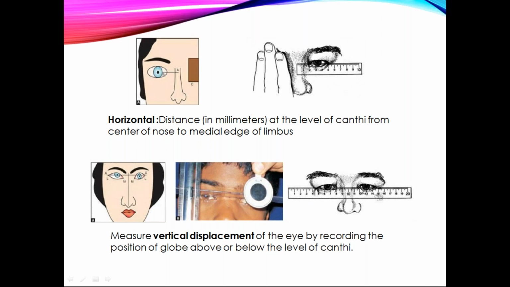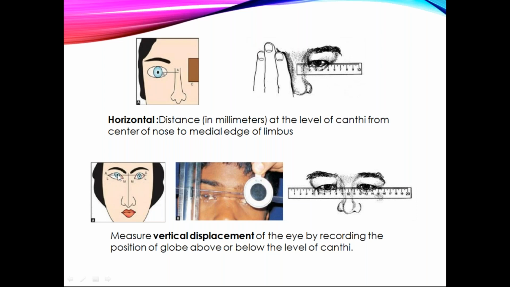You do it for the right side and you do it for the left side. Then the vertical displacement. You measure the vertical displacement of the eye by recording the position of the globe above and below the medial canthi. So this is the medial canthi, and you make a note how much above or below the globe has been